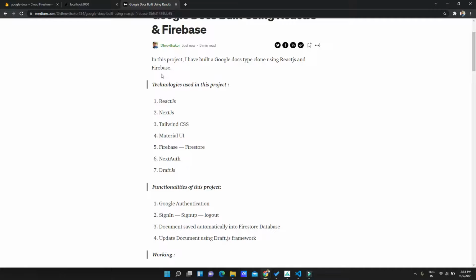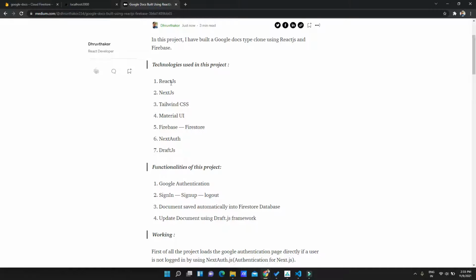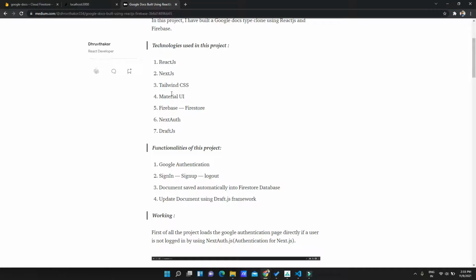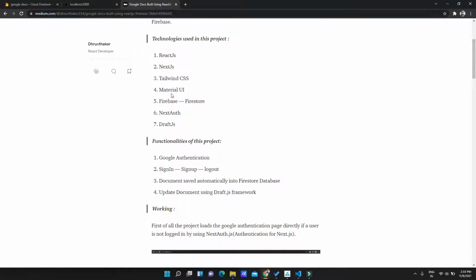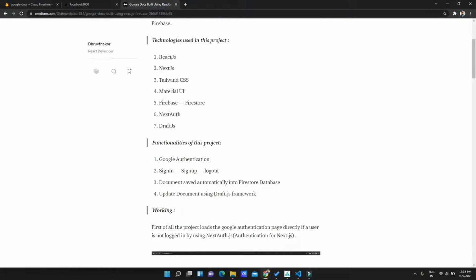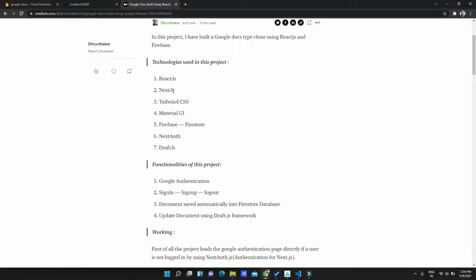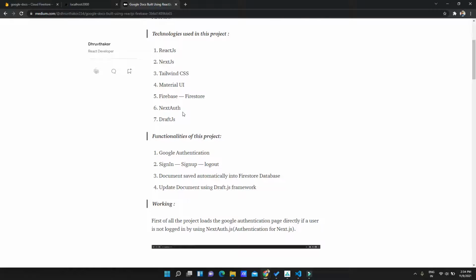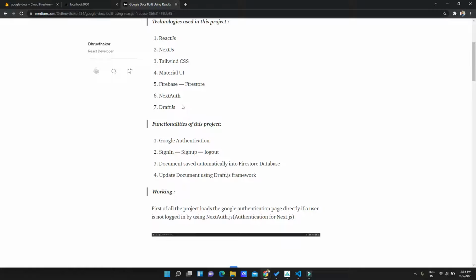The technologies used in this project are React.js for the front end, and Next.js, which is also a front-end framework for the user application, and Tailwind CSS, which I have used in this project, and also Material UI. It is basically a combination of both. I have used the Firebase database and Firestore in real time, and